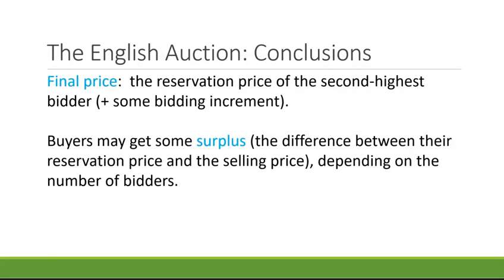In principle, the amount of that surplus is going to depend on the number of bidders. So the more bidders there are, the more likely it is that their reservation prices are going to be closer to each other. So that's why if you want to have an auction, you want to have as many people participating as possible. That's going to reduce the surplus that the buyer is going to get, and is going to leave a price that's closer to the highest reservation price